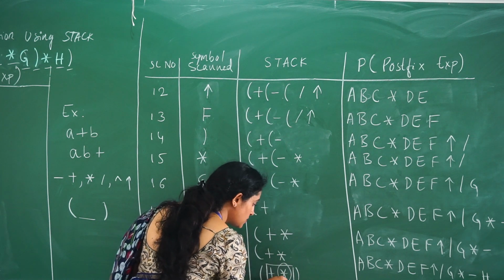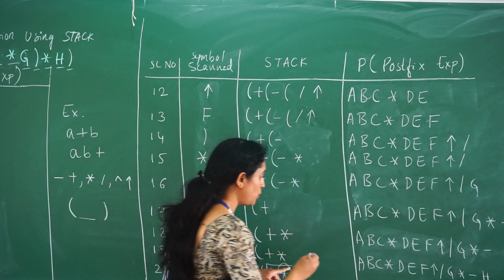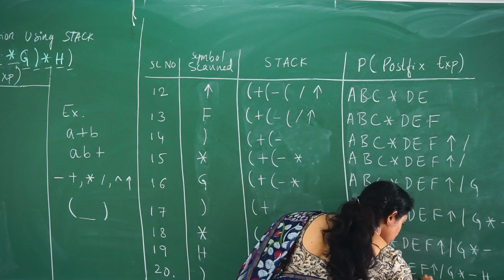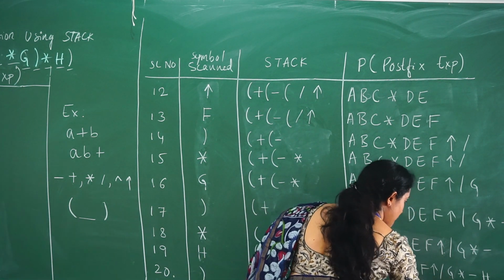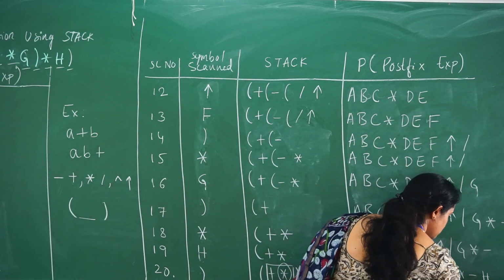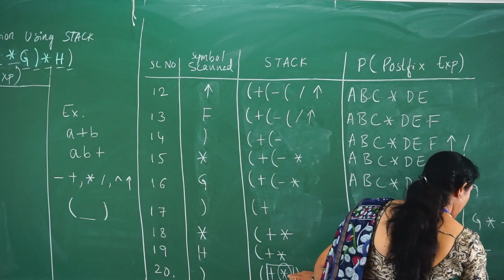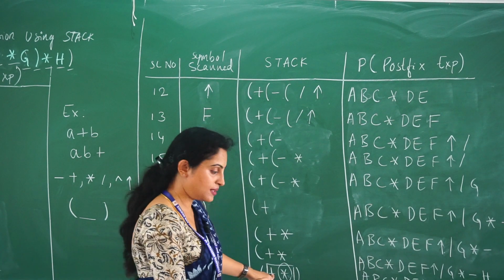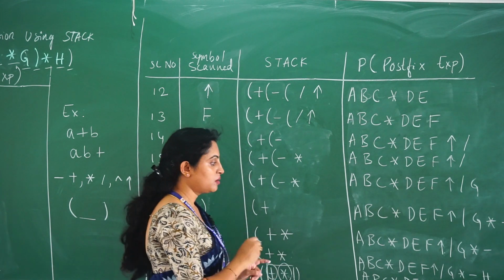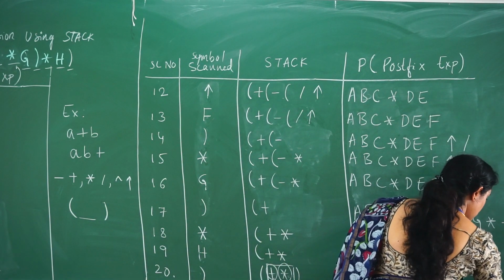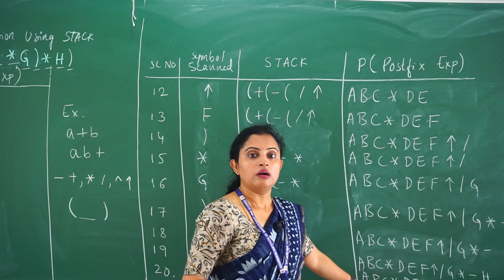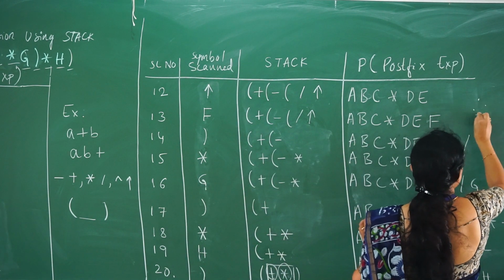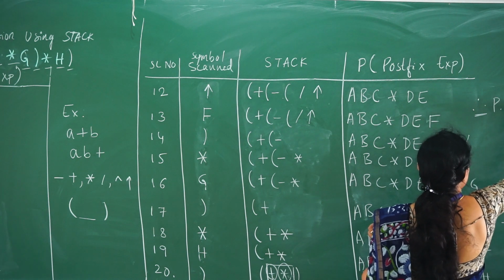The top of the stack is popped out first, that is asterisk, and next plus is popped out. So plus. This is how the postfix expression is obtained. Therefore the postfix expression is